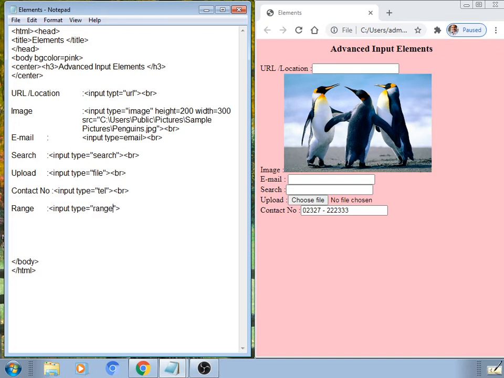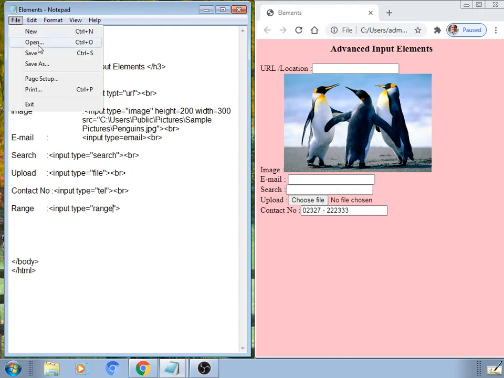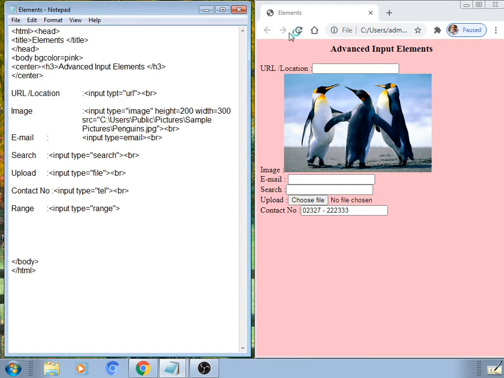So, most of the times we have observed a progress bar, a status bar. Likewise, your processing of data might be in a certain range to be applied by using a range element. See here, range from 0 to maximum as 100, one can apply a range bar like this.